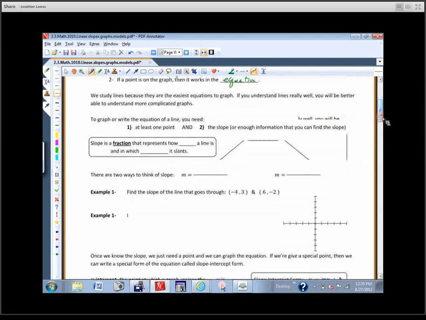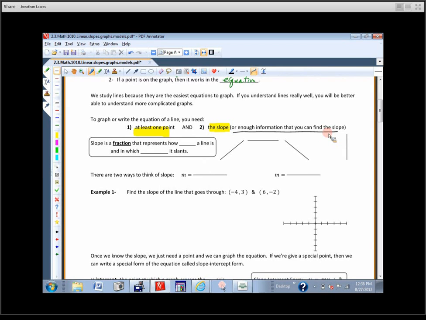If we want to write the equation of a line, we've got to have 2 things. And those 2 things are, you've got to have at least 1 point, and you've got to have the slope. And I like to say this, or enough information that you can find the slope. They don't always give it to you, but they'll give you enough information that you can figure it out. So